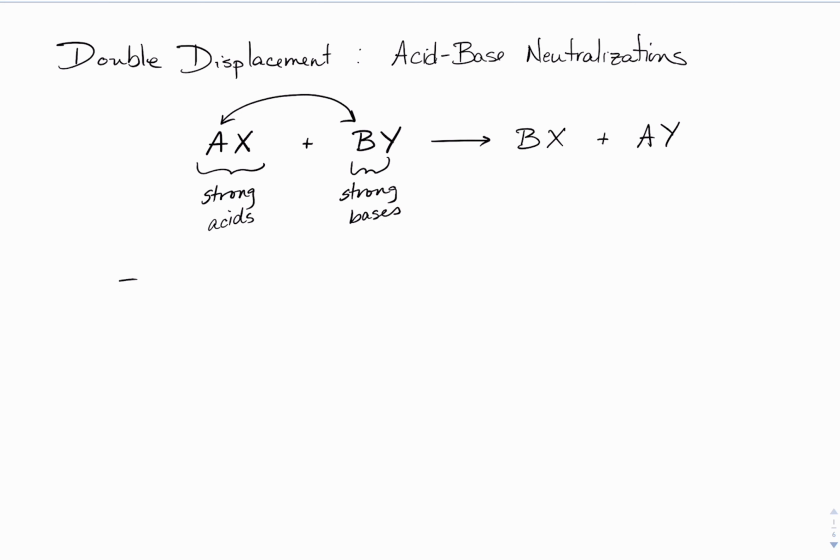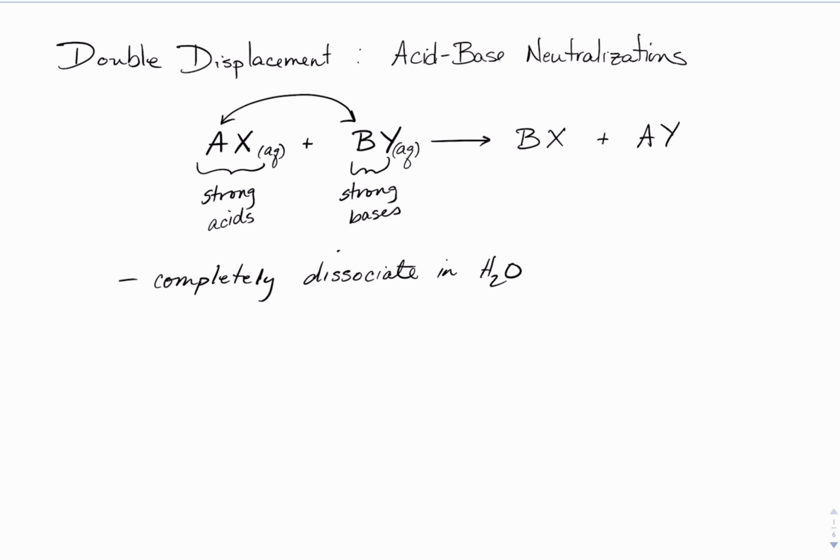These are compounds that completely dissociate in water. So all strong acids and strong bases are considered aqueous and completely dissociate into their cations and anions